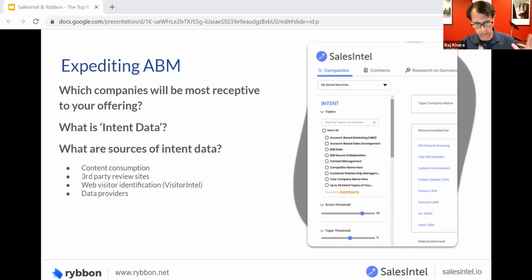So if you can get your ideal client profile, and then on top of that, layer in, I want to find people who are looking for ransomware solutions or looking for PR companies, whatever your company provides. If you can actually search that, and by the way, there are 8,000 different intent searches you can find on SalesIntel. Once you type some of those in, it'll show you companies that are looking for those types of solutions right now. We keep a floating 4-week window, so what you search 2 months from now will be different than what you do today. So there's a constant stream of new leads you can find.